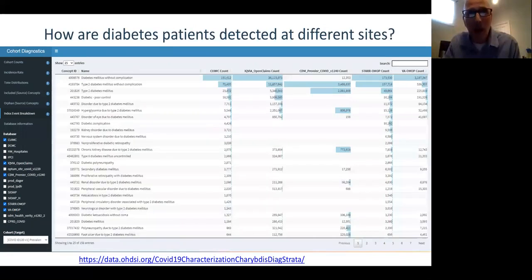So here's an example of looking at diabetes. What this cohort diagnostics tool is doing is looking at all of the codes that triggered the inclusion of someone into a cohort for diabetes. So for example, you can see diabetes without complication, type 2 diabetes, poorly controlled diabetes, et cetera. And this is for type 2 diabetes, by the way. It shows at some different sites, at Columbia, at Claim Center, at Stanford, at the VA, different types of claim sets, what were the actual codes that led someone to being included in that data set